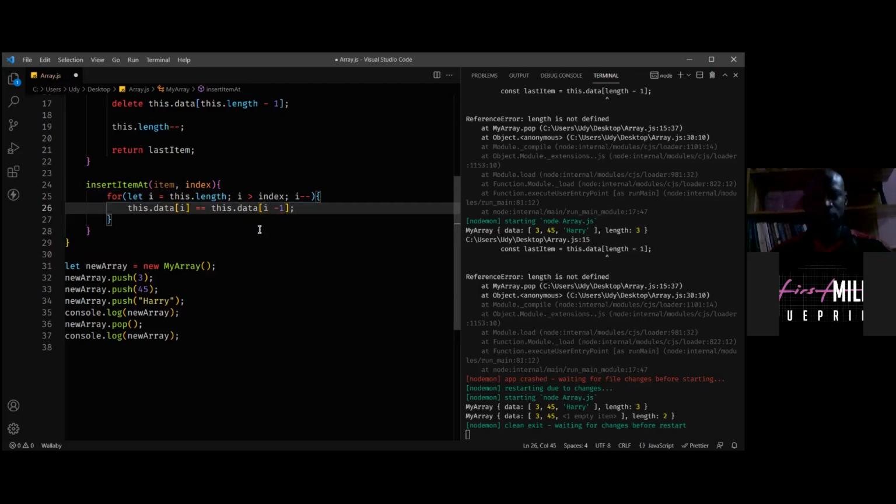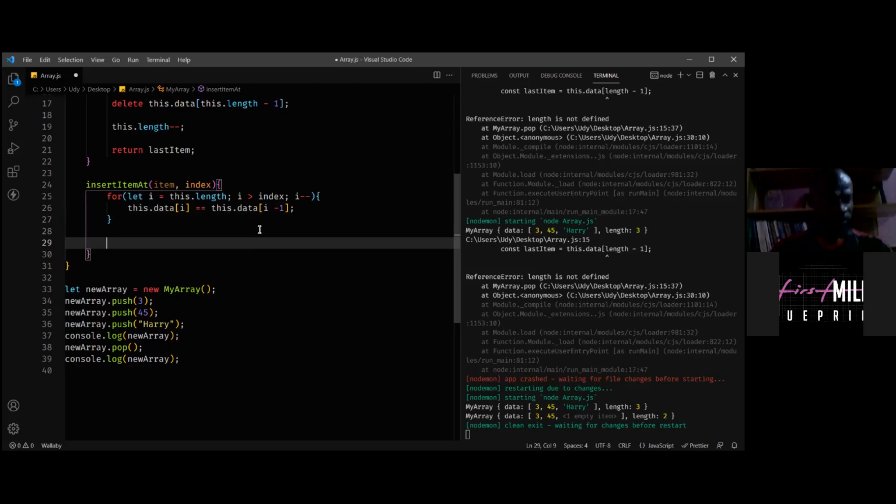Remember in an array, the index starts at 0. So if I want to grab the item at position number 3, it's going to be found at the index of 2. That's why we are doing the i minus 1.